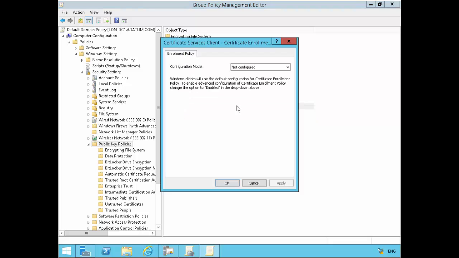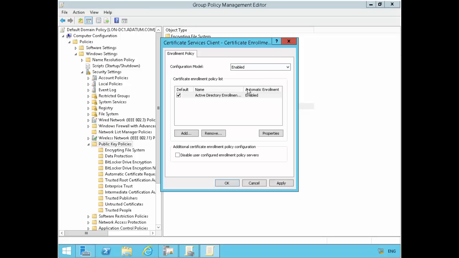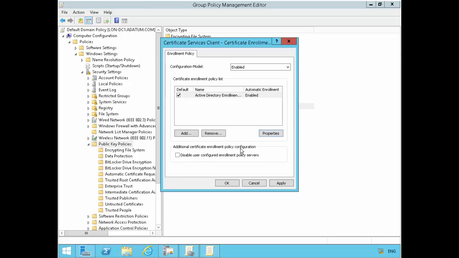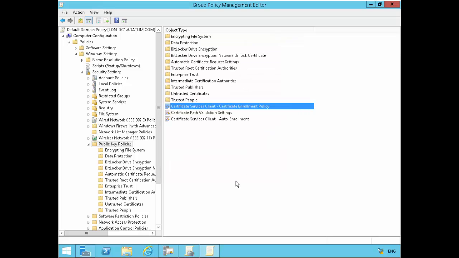And I also edit this option for certificate enrollment policy. So I'll enable it. Active Directory enrollment is configured there by default, if I read that. So I'll just enable that and I'll just go okay, that's enabled. Okay, so now what I can do is I can verify